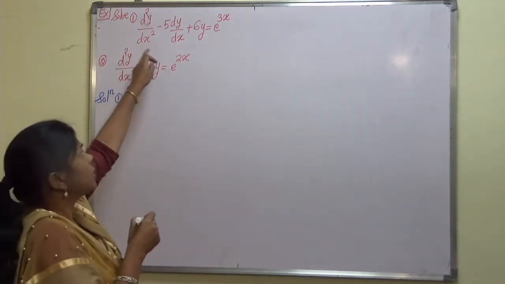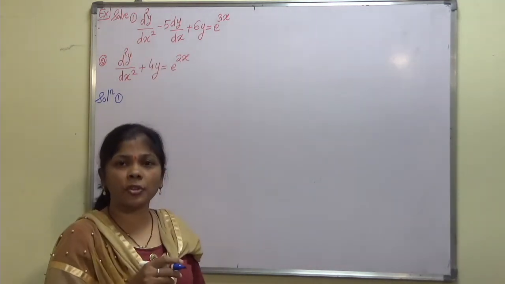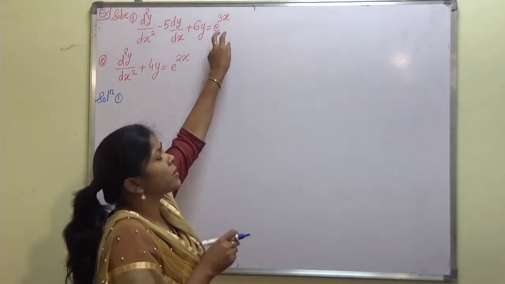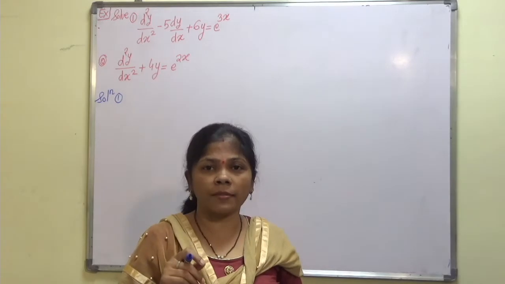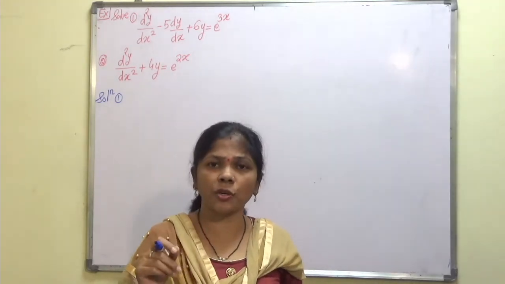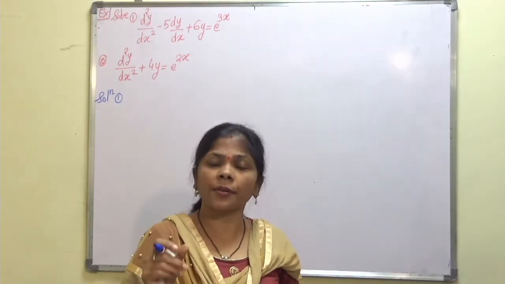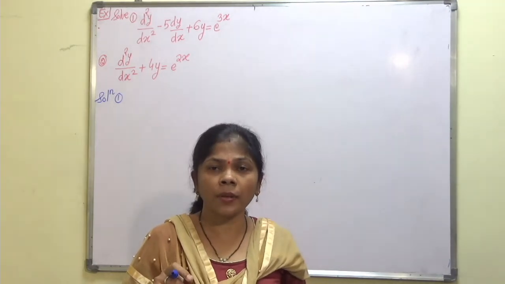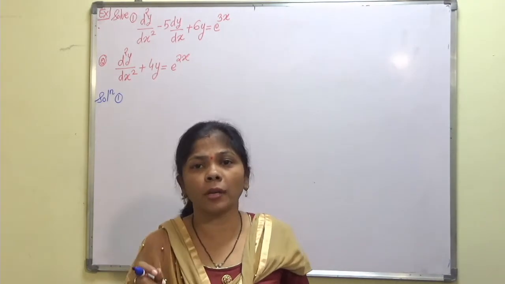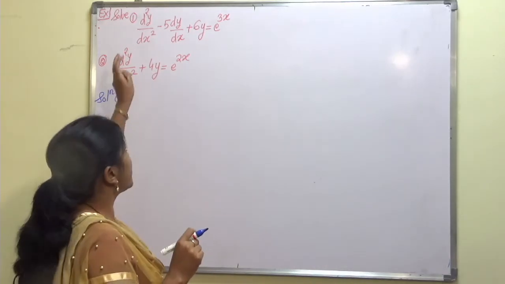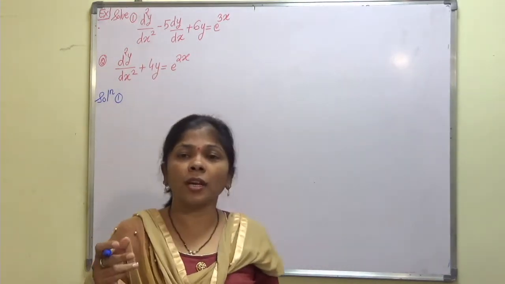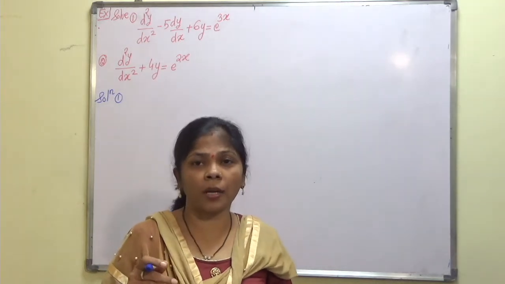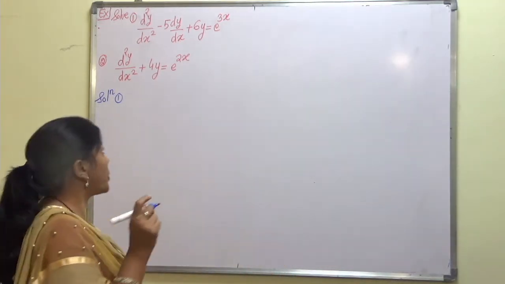As we know, this is a non-homogeneous differential equation because the right hand side is not 0. We have an input function. That's why the solution will be a general solution. So the general solution of this is nothing but the complementary function plus the particular integral. So we need to find the complementary function as well as the particular integral. Before that we need to write this in operator form, that is the differential operator form.